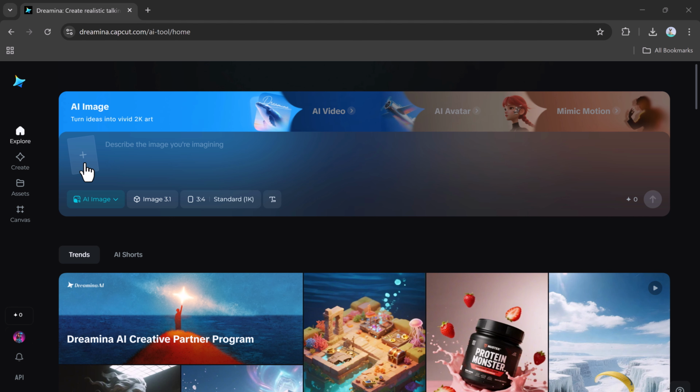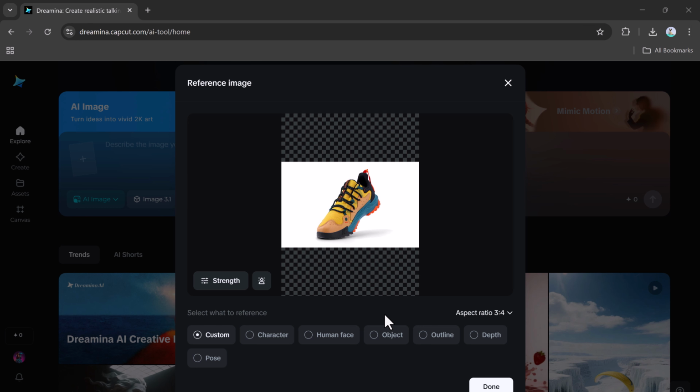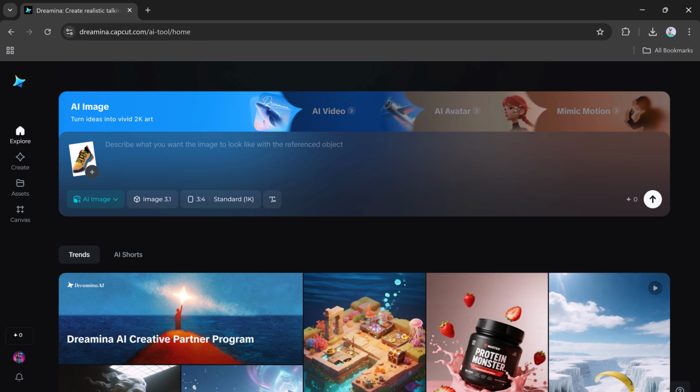Now, let's try another example. This time, I'm uploading a shoes image. Again, I'll select Object and hit Done. For the prompt, I'll type trendy shoe poster, sneakers on urban street background, graffiti vibes, bold neon lights, stylish and vibrant design. I'll choose the aspect ratio, hit enter,